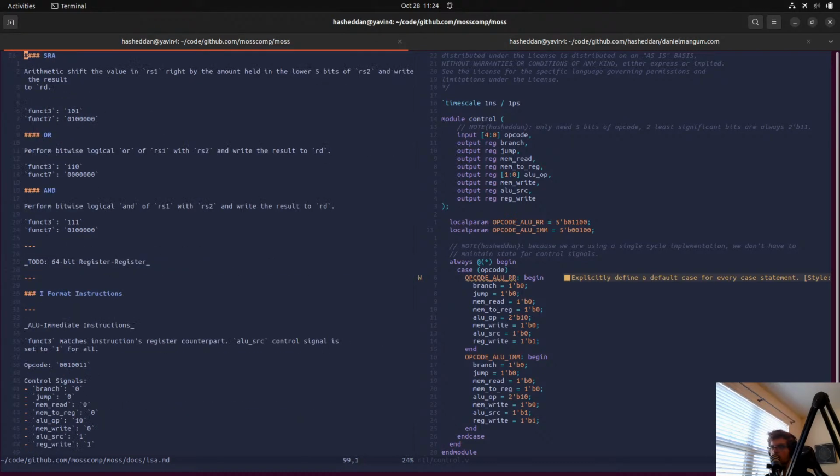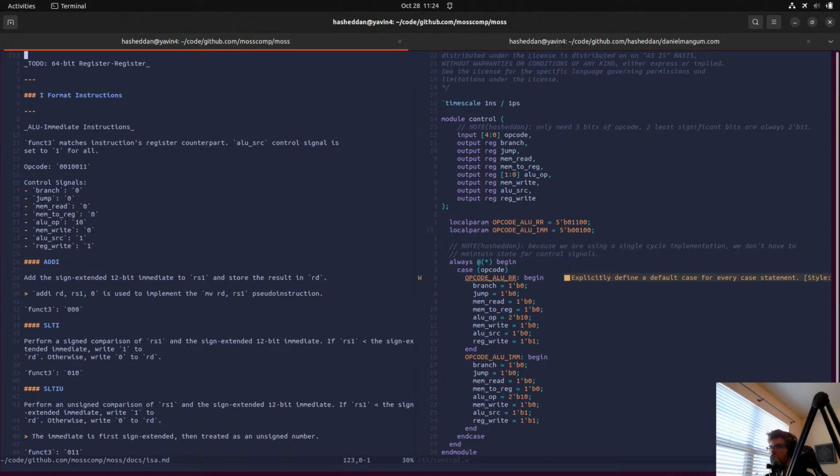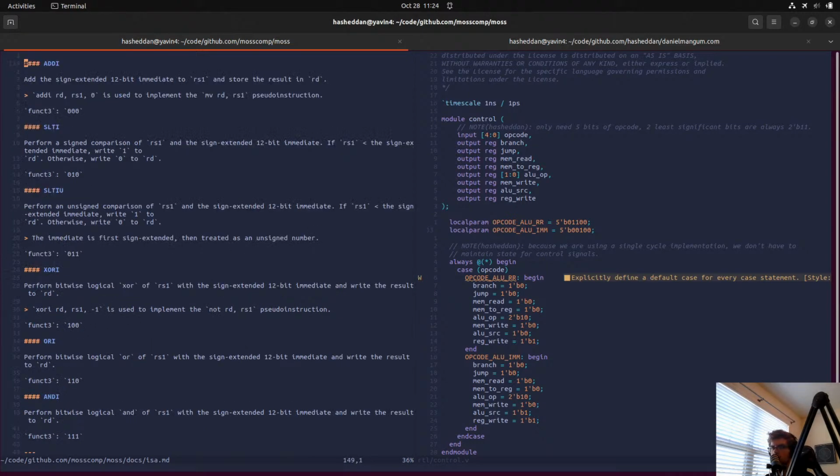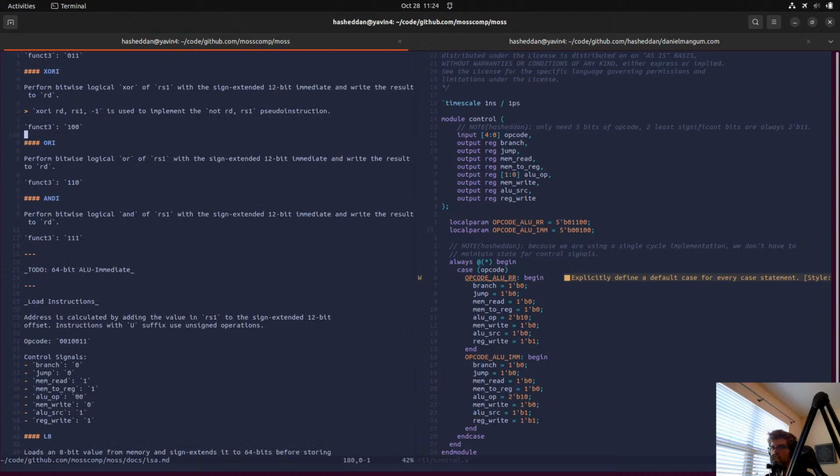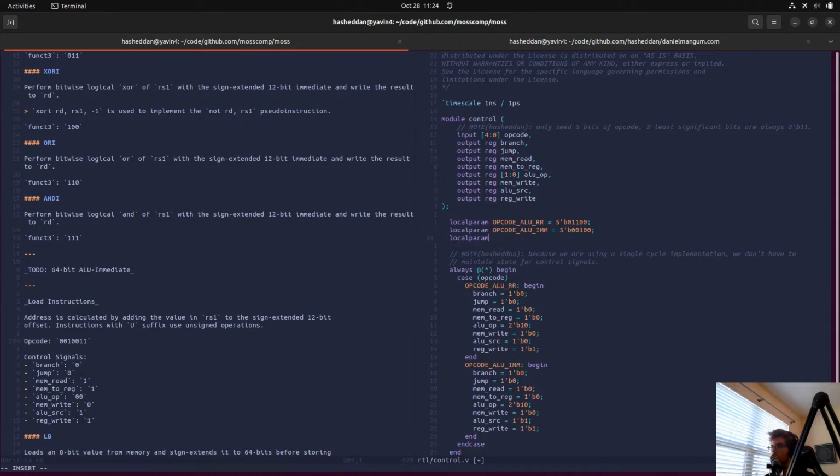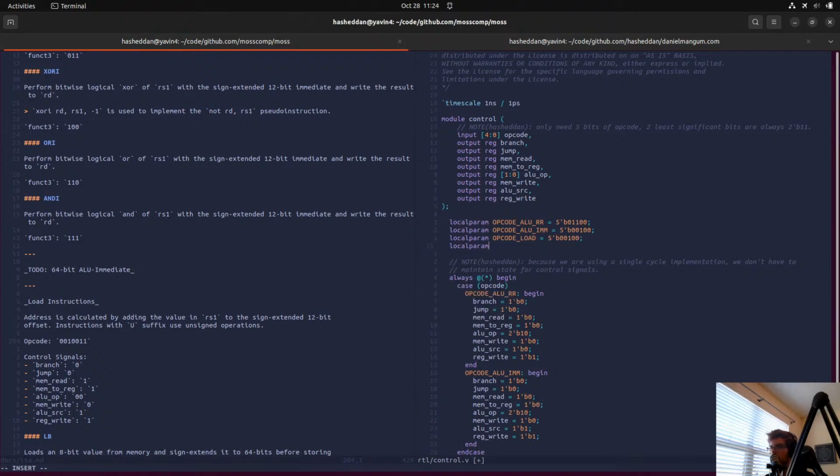We have ALU immediate. Load instructions. So we can go ahead and add load here. Local param opcode load equals 5B, and it's 00100. As a reminder again, we don't have to consider the lowest 2 bits of the opcode because those are always 11 for all the ones we've been looking at.